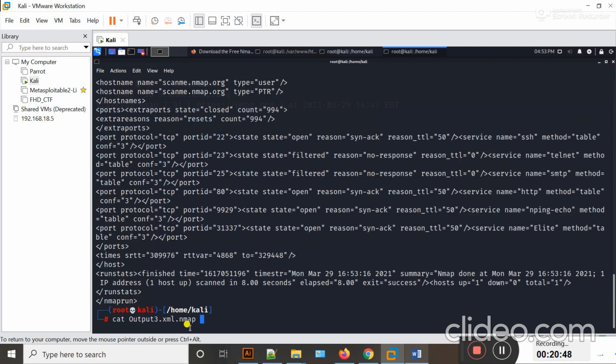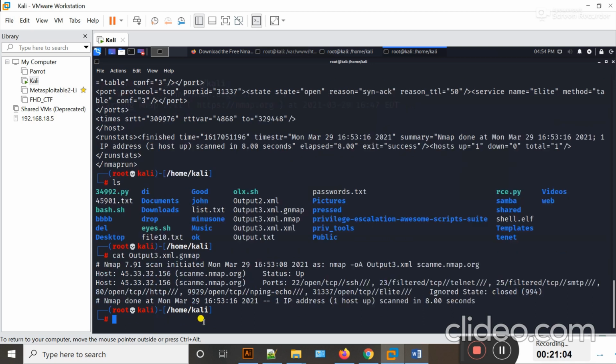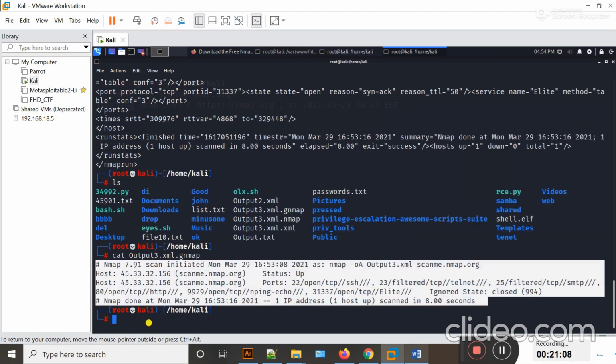The third format, if I type ls, is the greppable format, that is .gnmap. If I type cat output3.gnmap and hit enter, now guys you can see that the output is present in this format.